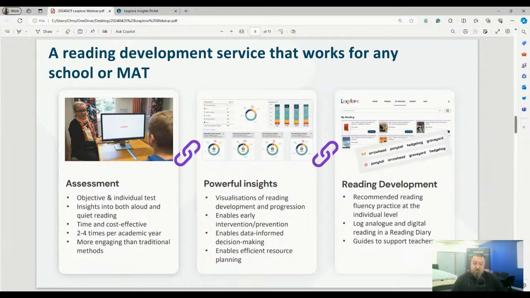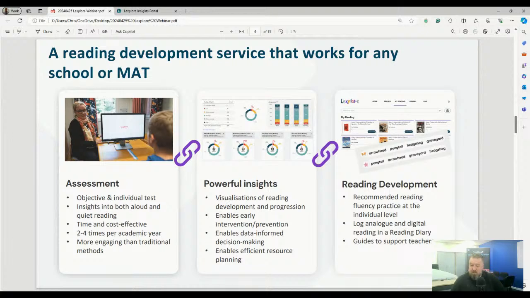That said, if you have got some interventions in place in school, Lexplore will complement those interventions and offer you something a little bit different. So don't be put off if you think, I really like the look of the assessment, but we're doing something in school. Just reach out and we'll have a chat with you in a bit more detail. So to just break those down into a bit more detail then.